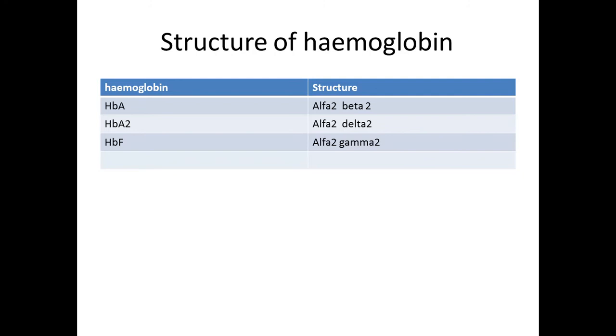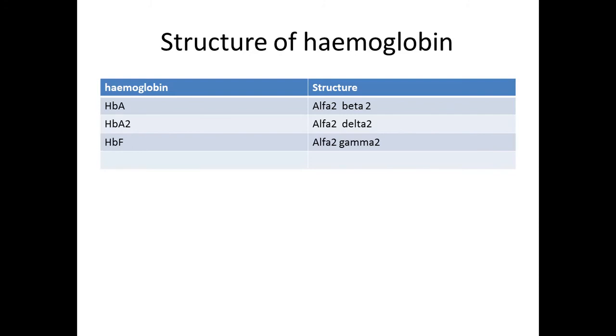In an adult, most of the hemoglobin, that is more than 95% of the hemoglobin, is hemoglobin A. A small part, around 2%, is hemoglobin A2, and a negligible part is hemoglobin F. So a normal adult will have more than 95% hemoglobin A, 2 to 2.5% hemoglobin A2, and a very small part hemoglobin F. In a newborn child, most of the hemoglobin will be hemoglobin F and a small part hemoglobin A. Afterwards, this hemoglobin F is replaced by hemoglobin A in various blood forming cells.